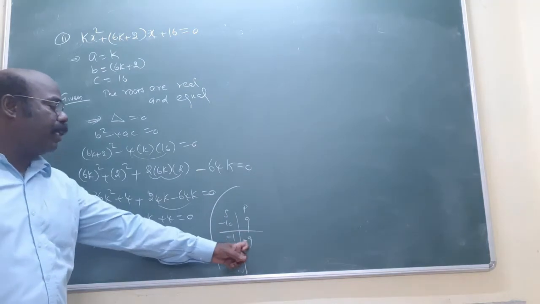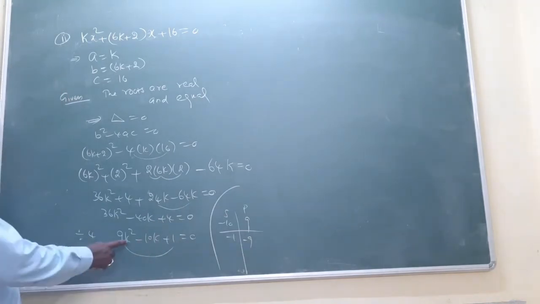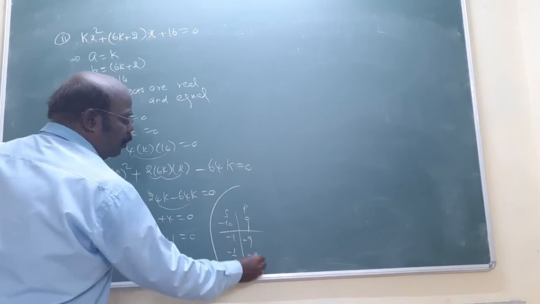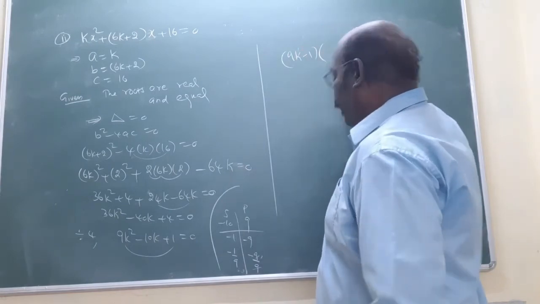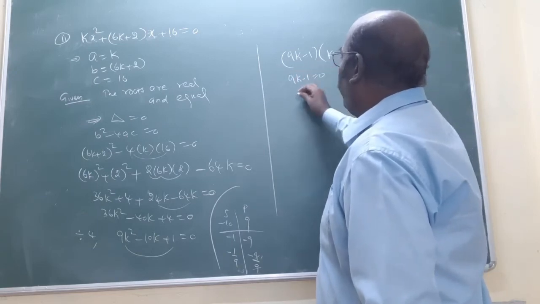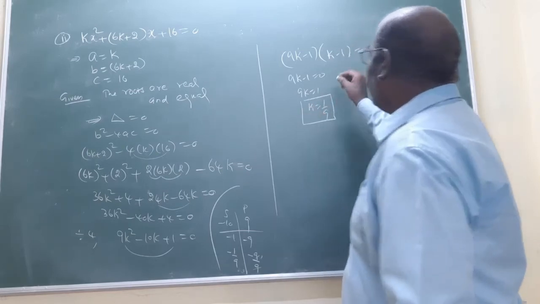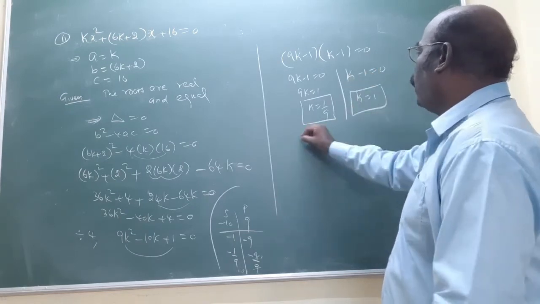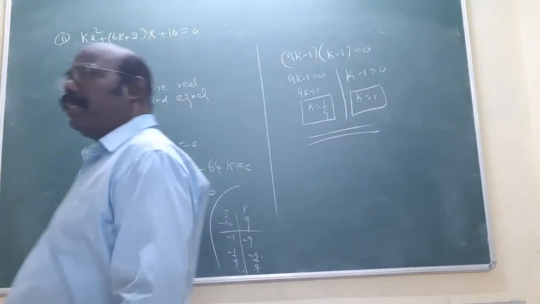Now check yourself: minus 1 and minus 9 multiply to 9, adding both gives minus 10. Now in front of k square is 9, so divide by 9: minus 1 by 9, minus 9 by 9, cancel. Your answer is (9k minus 1)(k minus 1) equal to 0. 9k minus 1 equal to 0 means 9k equal to 1, k equal to 1 by 9. That is the first answer. And k minus 1 equal to 0 means k equal to 1, the second answer. This type of problem is 2 mark only; when some lengthy calculation comes in, sometimes it is a 5 mark question.